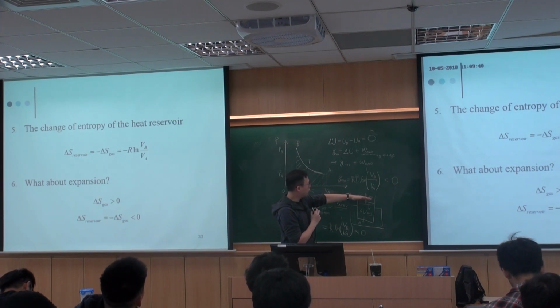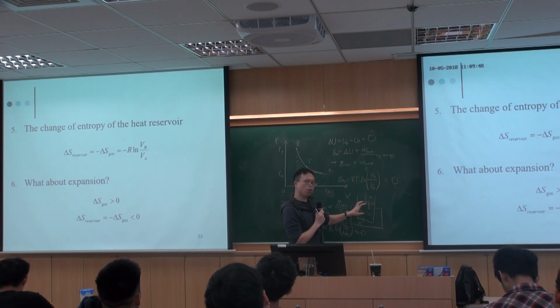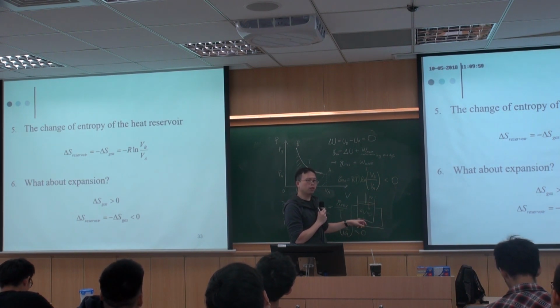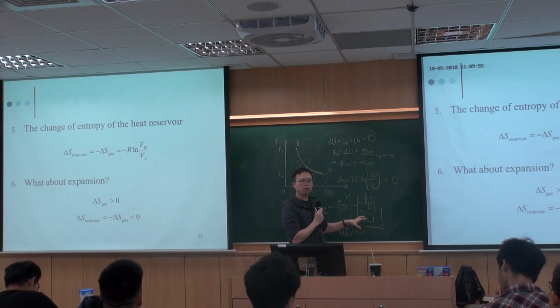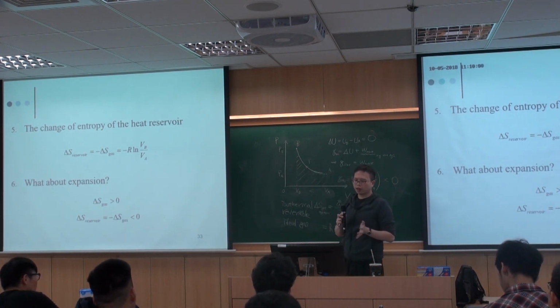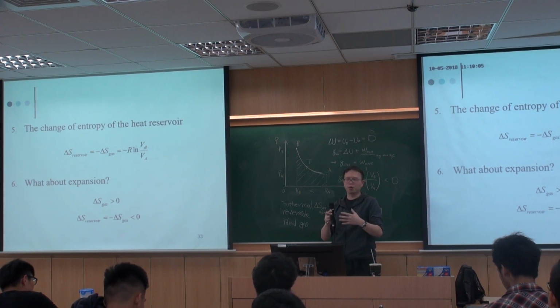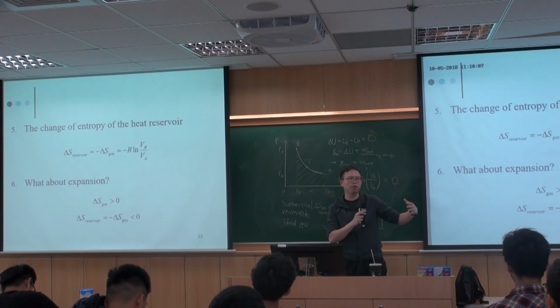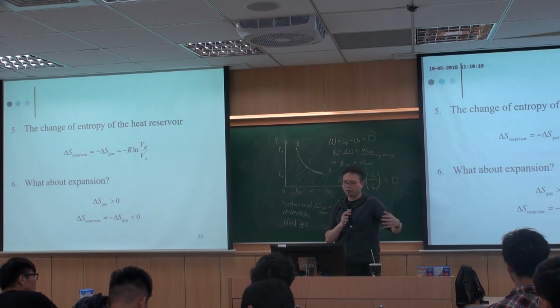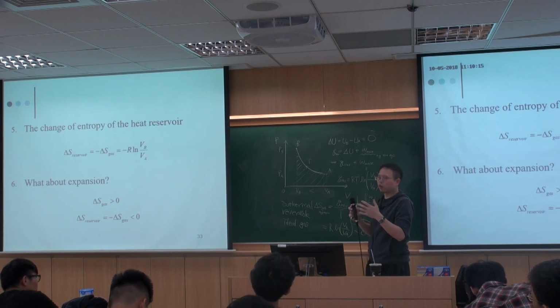Which means that when we are enforcing work on the system, it is becoming more and more well-ordered. But there must be some part of the universe becoming more random. So, imagine that. That's the reason why I consider world peace impossible. There are some parts becoming more and more peaceful, but there must be some part of the world becoming more and more chaotic. Okay, like the U.S., they're getting better and better, but some part of the world is getting worse and worse.